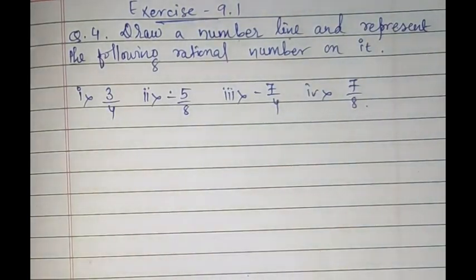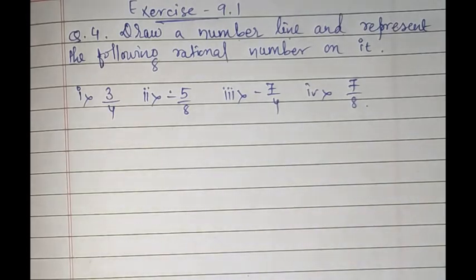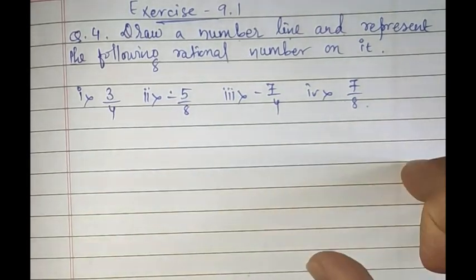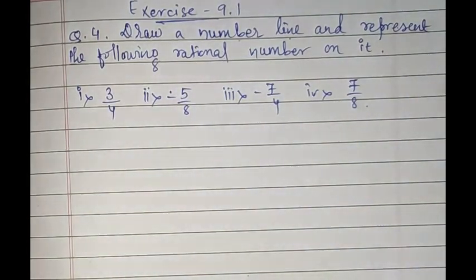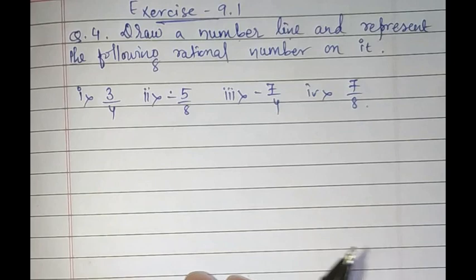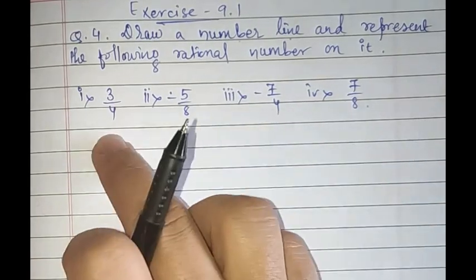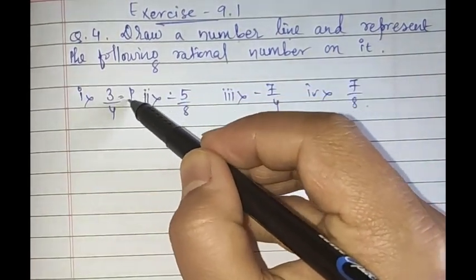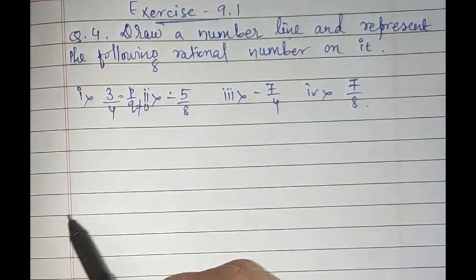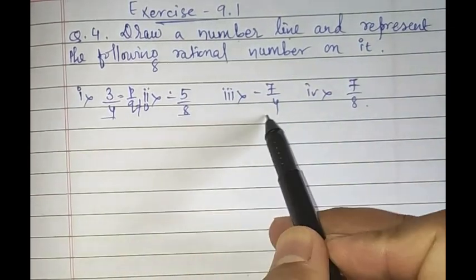In the first chapter, that is integers, we discussed and understood what a number line is and how to represent a number on that number line. But rational numbers we have not plotted on a number line, right? So in this class we are going to learn how to represent a rational number. Basically a rational number is a number which is written in the form of p by q, if you have not forgotten that, where q is not equal to 0. Okay, so this number you have to represent on a number line.